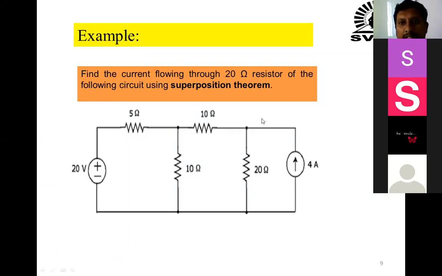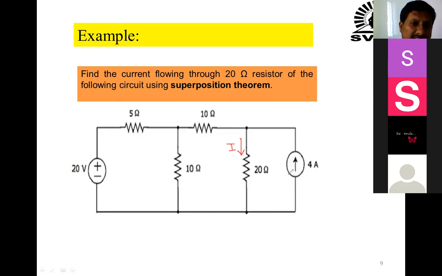So what will be the current passing through 20 ohm here? That is nothing but the current passing through this 20 ohm, which is only one here. So this current I will give the name as I. That current is nothing but the response which we have to calculate. But they are asking to use the superposition theorem. This same problem we can solve by Norton theorem also, Thevenin's theorem also, by nodal also we can solve directly. But they are asking to use the superposition theorem, so according to that theorem only we have to solve.